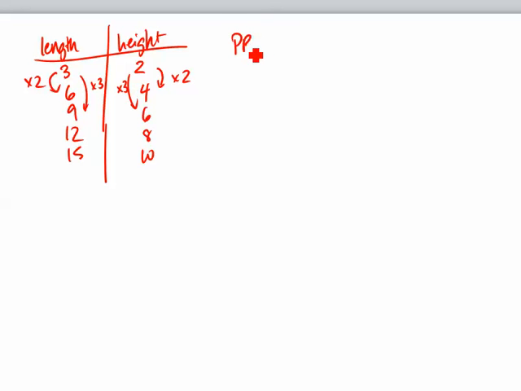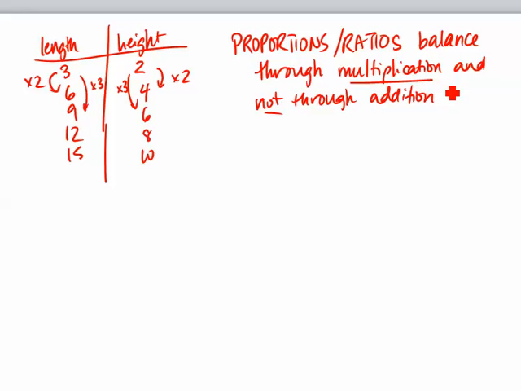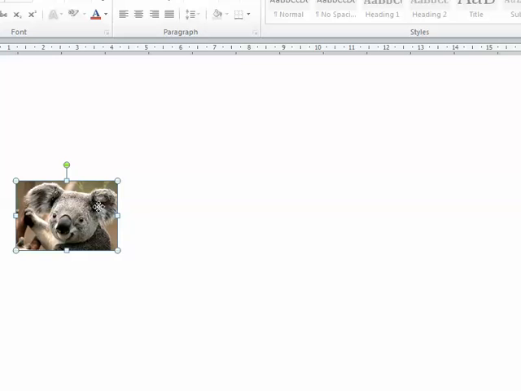So notice that proportions, or ratios, balance through multiplication and division, and not through addition. So that means if we're looking at two things that are the same, or two things that are different, in terms of similarity, then we would have to multiply the sides rather than add the sides. So if I take an example of this koala bear,